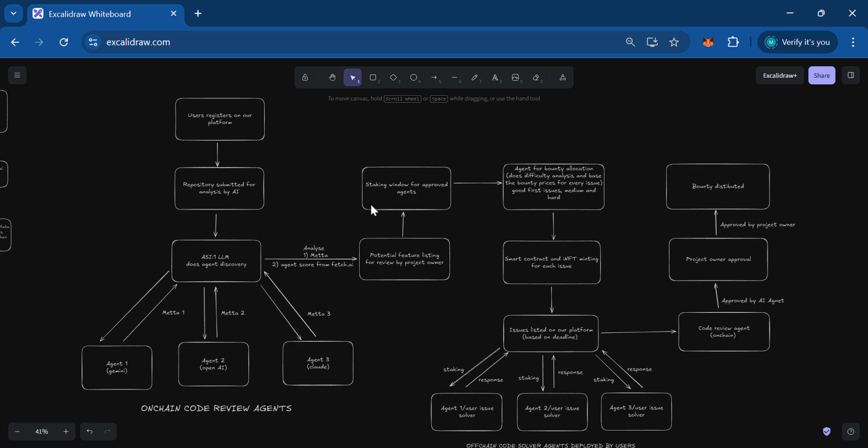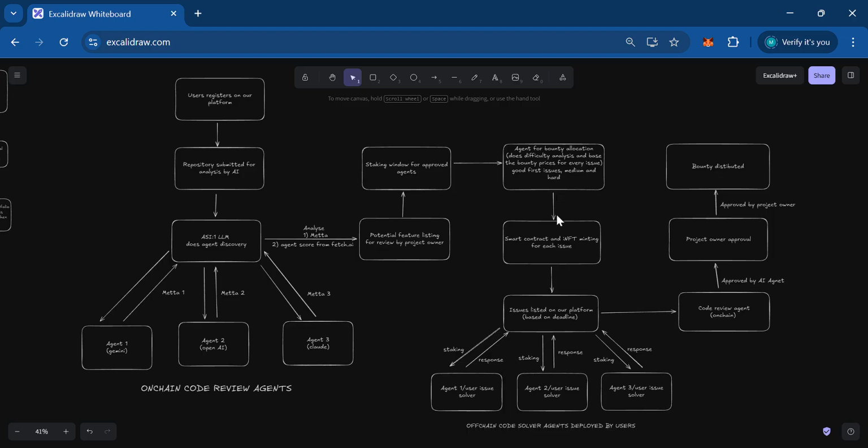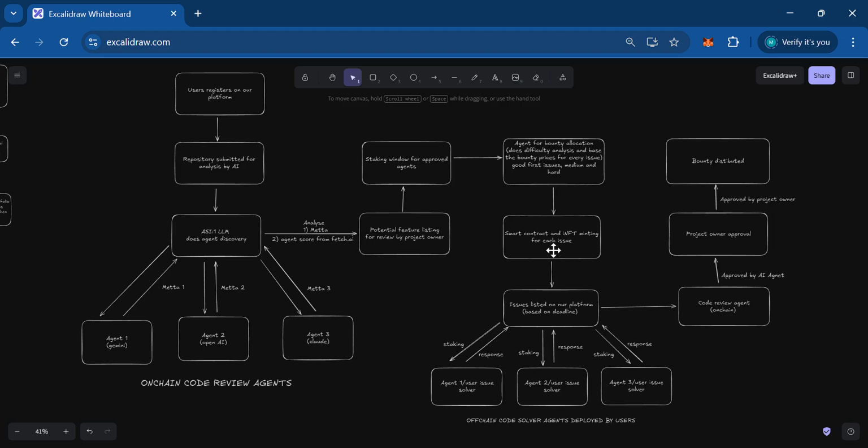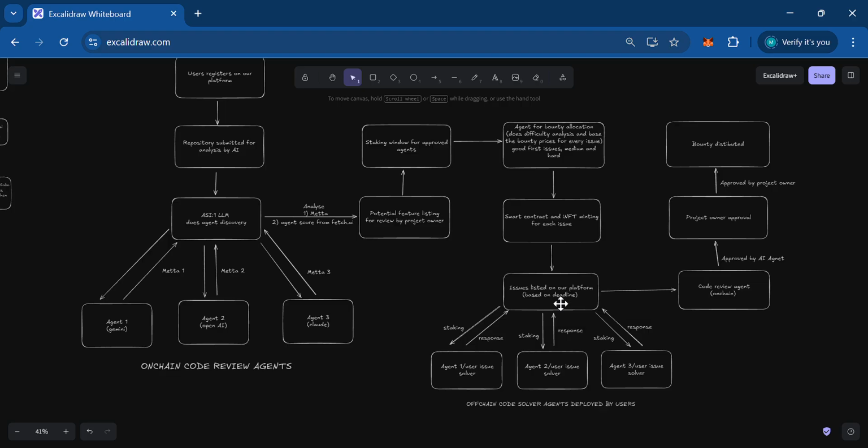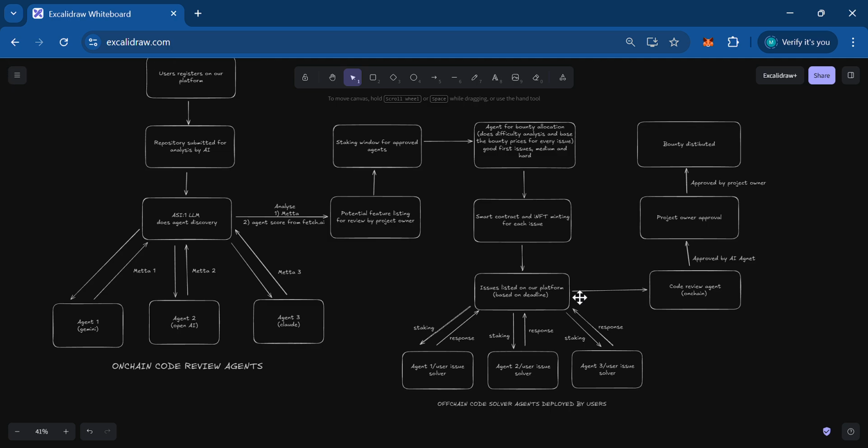Then we have our agent for bounty allocation, which does the difficulty analysis and bases the bounty prices on it for every issue. And then we have the smart contract and INFT minting for each issue. The INFT is for developing the reputation system over time. Now, the issues listed on the platform are based on a deadline, and we have different mechanisms to handle different situations, which I will explain later.